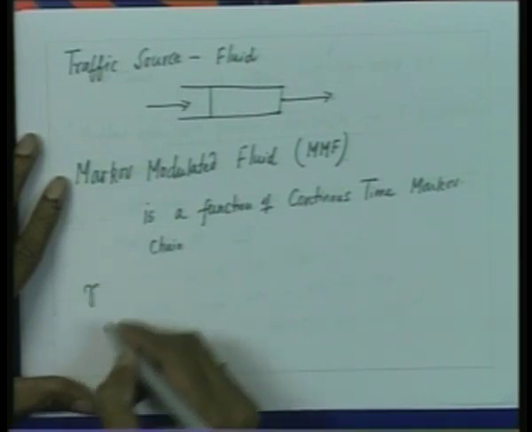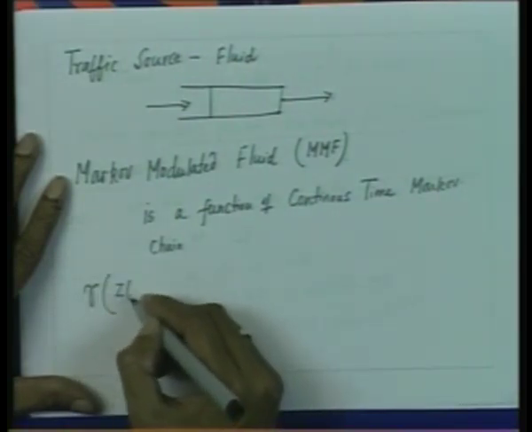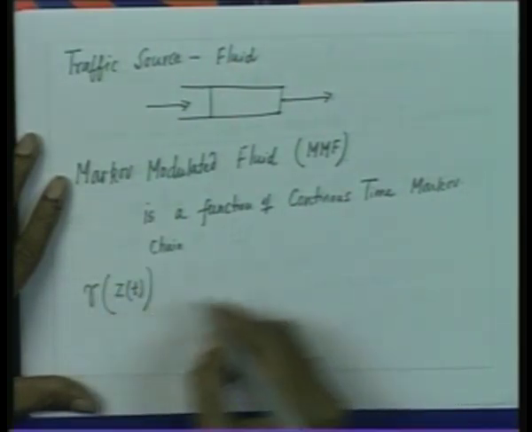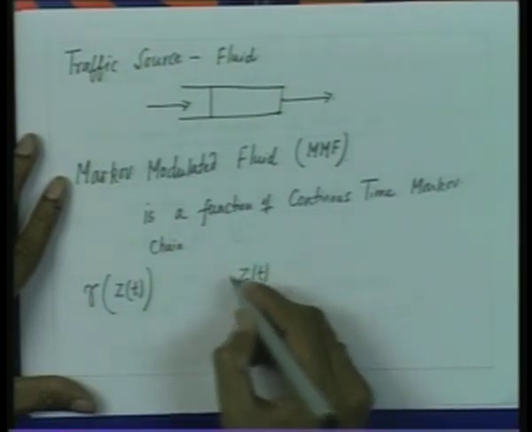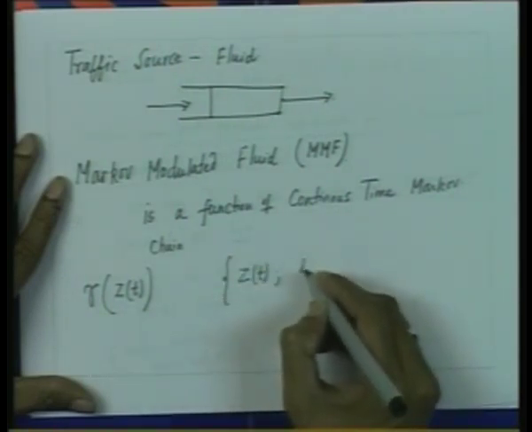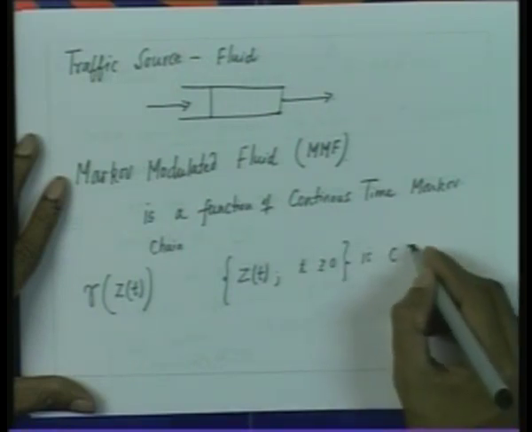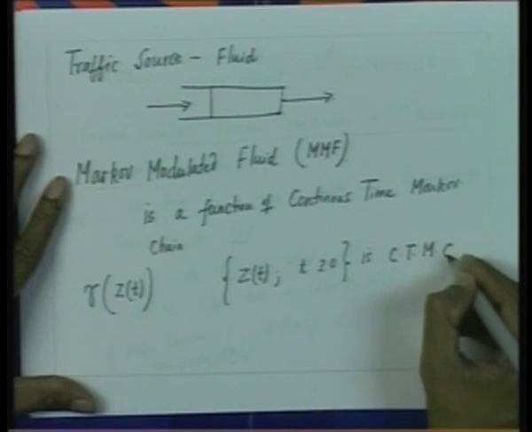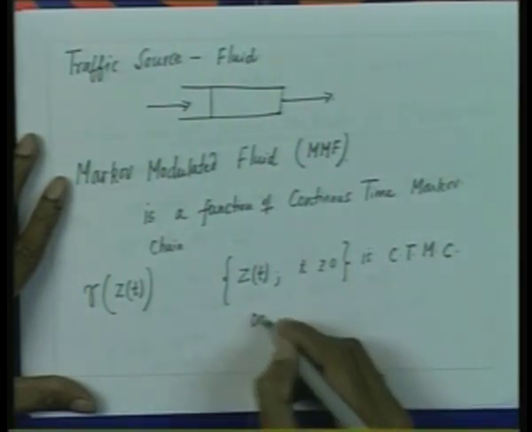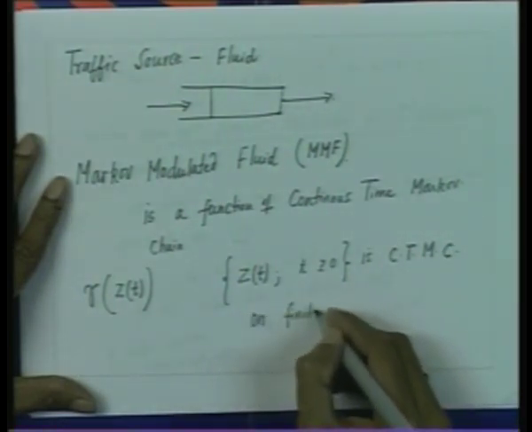So we have this rate R, which is a function of Zt, and this Zt is a continuous time Markov chain on finite state space Z